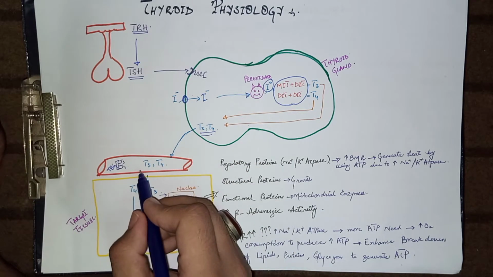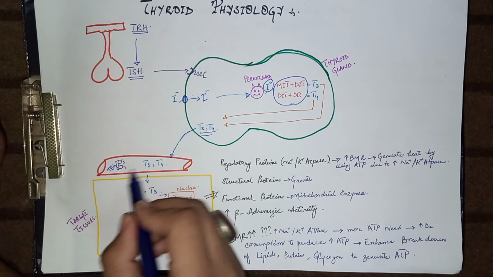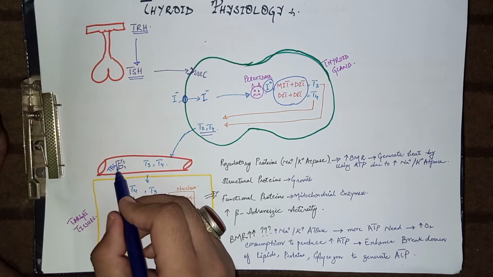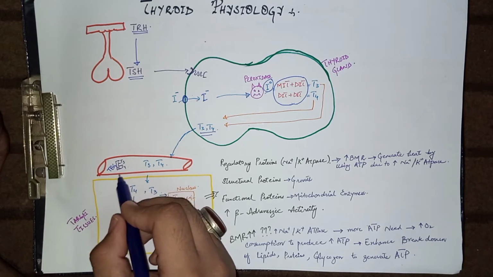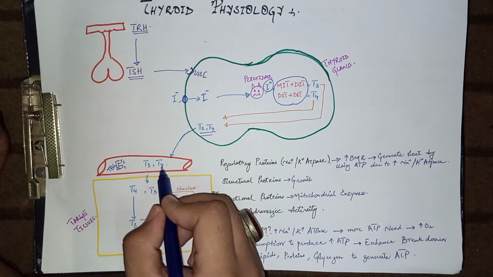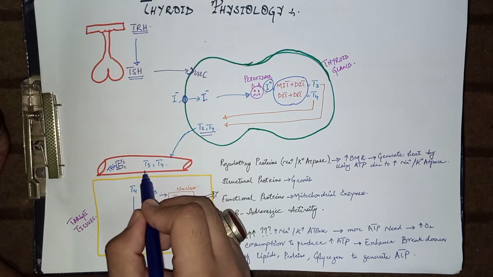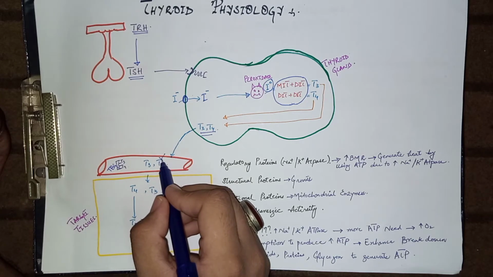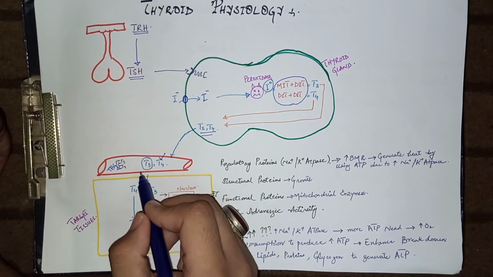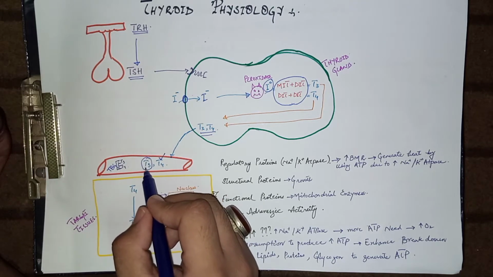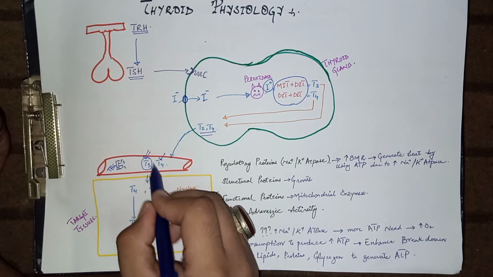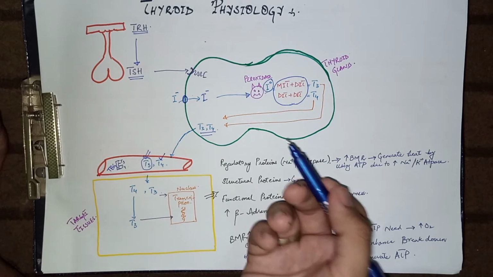In the blood circulation, most of the T3 and T4, almost 99%, bind with the thyroid binding globulin, which is secreted from the liver. This is the important protein which binds almost 99% of T3 and T4. Let us discuss the differences between T4 and T3. T4 has a very long half-life and is much less potent, while T3 is very short acting and much more potent. Actually it is T3 which performs very rapid action on the different tissues of the body, almost every tissue of the body.